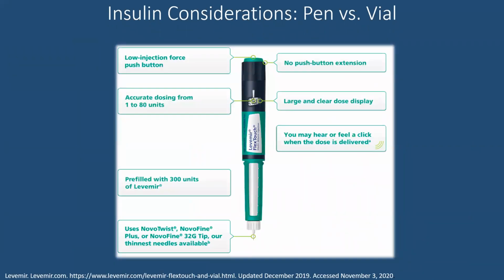The pen is much easier. You attach your needle over here. It's a pretty wide-based needle that you just screw on. There's a little mechanical clicker. This is the clicker you move, and it adjusts the number of units. The size of the units is much bigger, so you can easily see them. The pens are pre-filled, so you don't have to worry about drawing anything up. So this is really ideal for an older adult. If they have to do insulin, this is the way to do it.